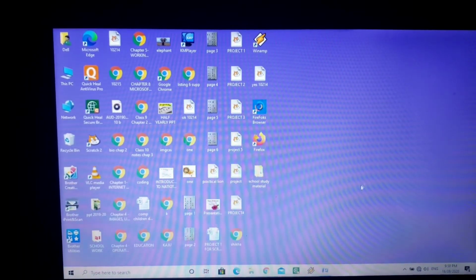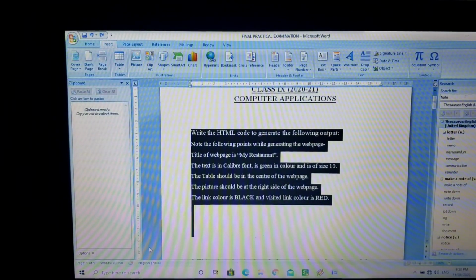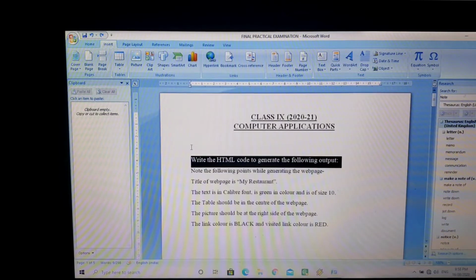Let's start with the practical portion of page formatting. Open your MS Word. Make sure that you have some text written on it so that you can apply different kinds of formatting on it. Page formatting means when you are going to format. In my previous video, I explained character formatting and paragraph formatting. Now we are going to begin with our page formatting.